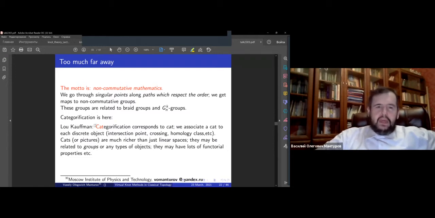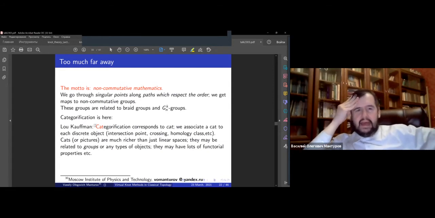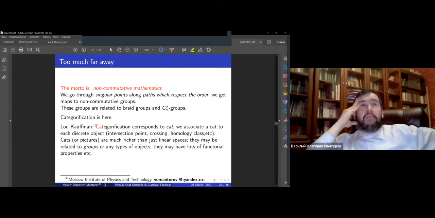Actually, by that I mean that if we have a picture of something, a picture of a knot, a picture of a manifold, a picture of a cat, then, well, instead of counting numbers or tensors or whatever, we can draw cats and count them. And for me, categorification in this sense can be more attractive than just categorification when we count just some dimensions of linear spaces. Actually, cats